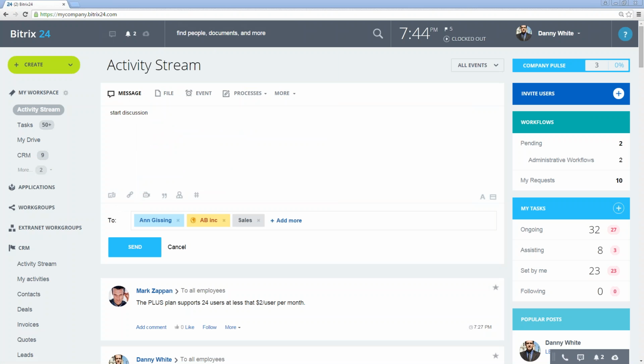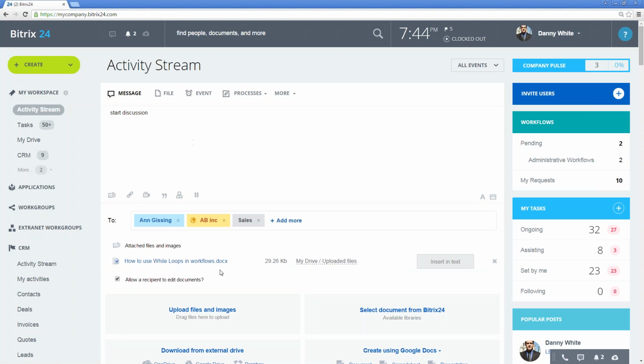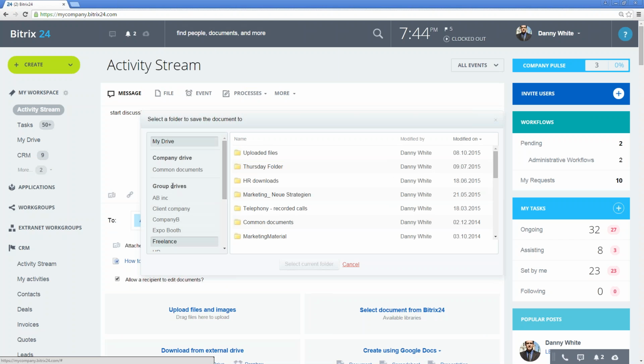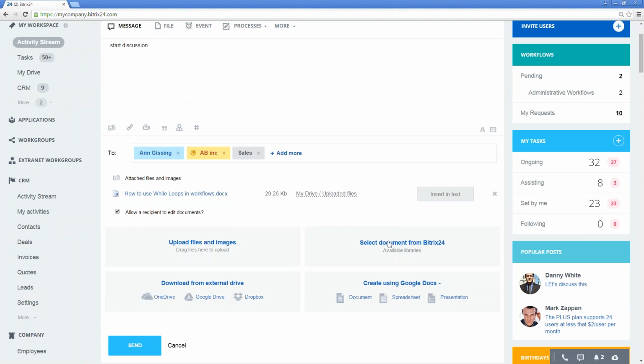You can come over to your Explorer and just drag a file onto the top of that, and you will now be sharing that file with these people. Okay. You can choose where to save that file as well. The default is my drive, which is the document library, my personal document library, or I can save it elsewhere. I guess I can choose the folders and then select current folder. There you go. As you can see down here, you can also select documents that are already in Bitrix24,